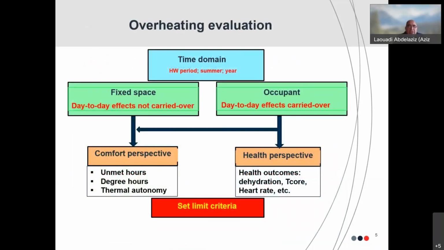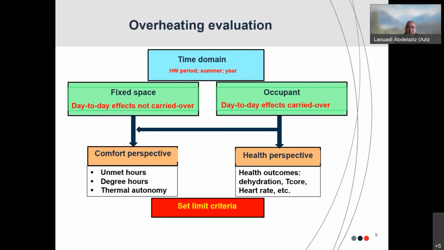There are many approaches to evaluate overheating, but in any approach, the first step is to set the time domain, whether it is the period of the heat wave, the entire summer period, or the entire year. And the next step is to evaluate overheating for a fixed space independently of other spaces of the building. In this case, the day-to-day cumulative effect is not carried over. Or to evaluate overheating for occupants, where all occupied spaces during a 24-hour period of time are taken into account so that the cumulative effect from day to day